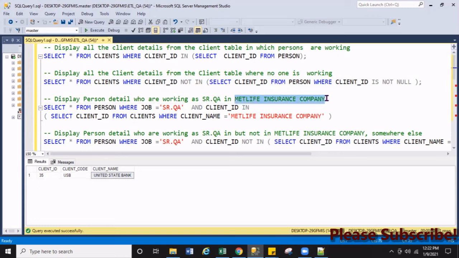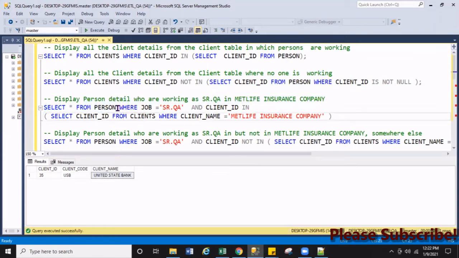So first of all, what is the relationship between the person table and the client table? Client ID, right? Client ID is the column that is in both tables. So we have to find the client ID between the person table and client table. First, display the person details.